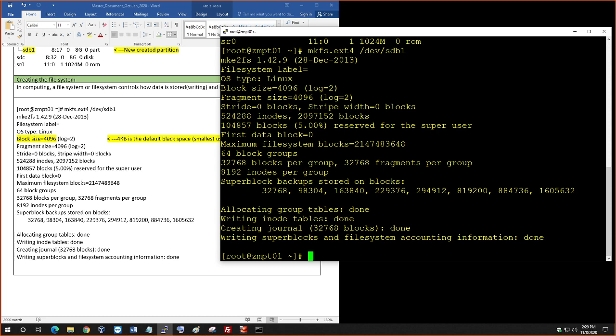And then this is the important thing. It is providing inodes. How many inodes is it providing? On this 8 GB, the system is automatically allocating